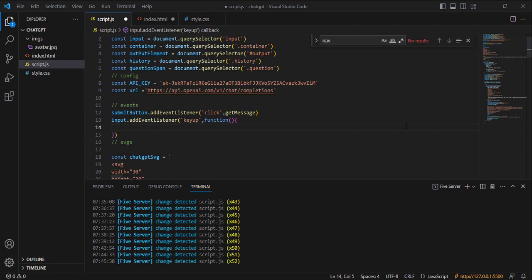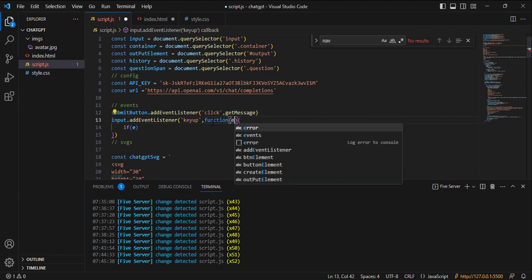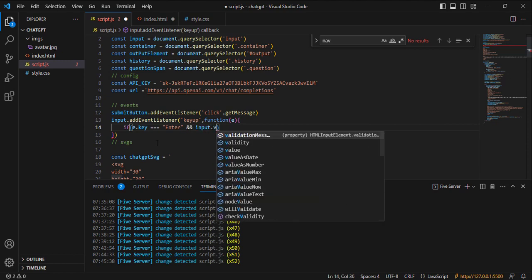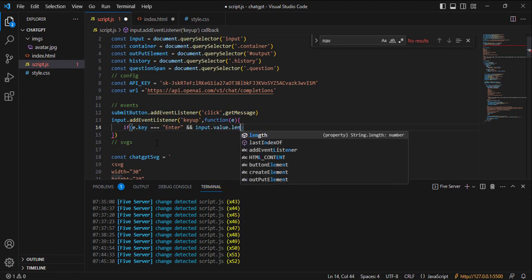I'm gonna say if event dot key equals to enter, and the input dot value dot length